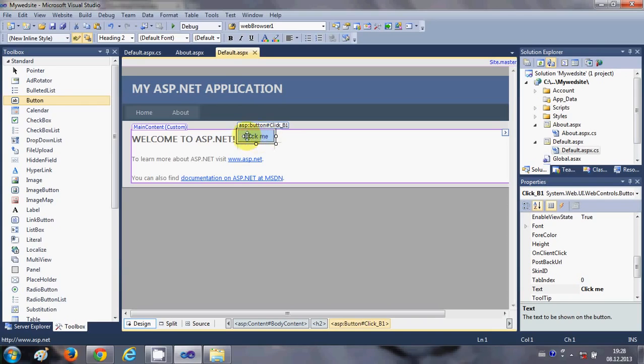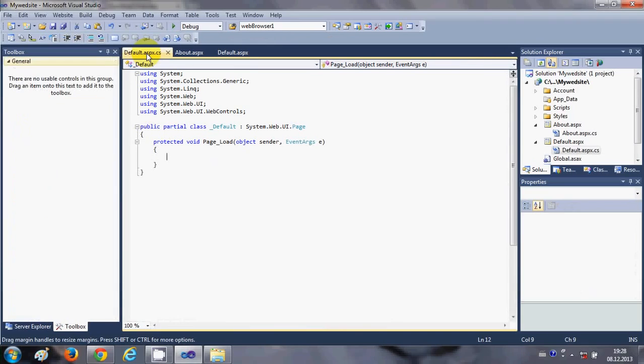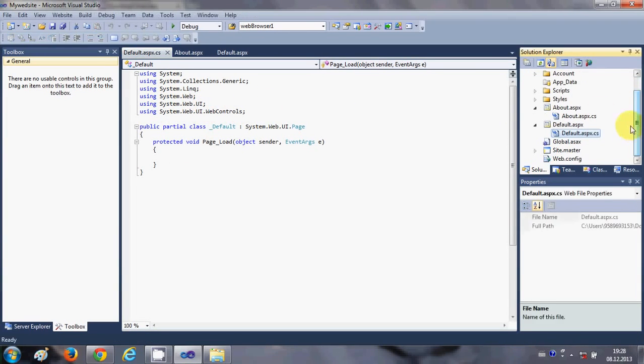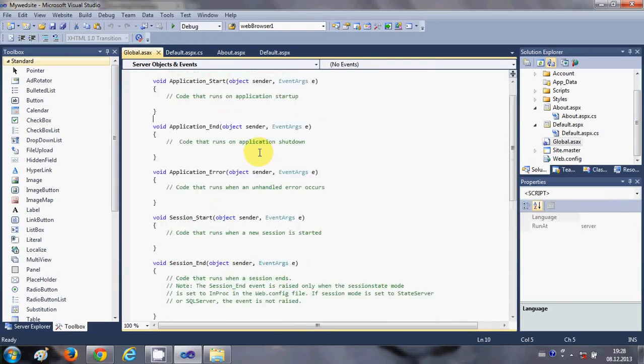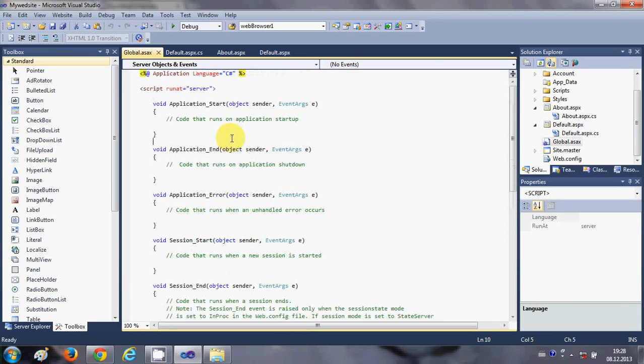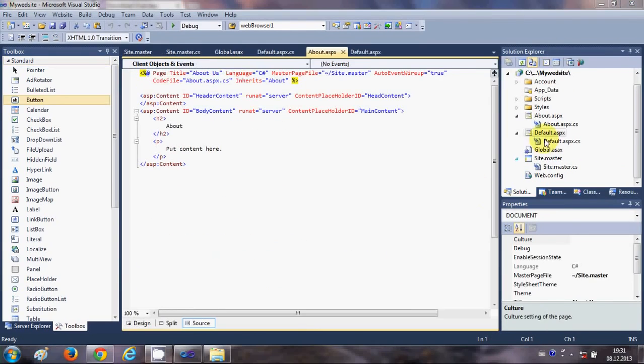Now whenever you drag and drop this button, where is the code generated for this button itself? By default it will not generate the code for the button in here. You will be able to write the action perform methods and events in this default code. And in here you will be able to see all the global ASPX content. So this is the application content here,